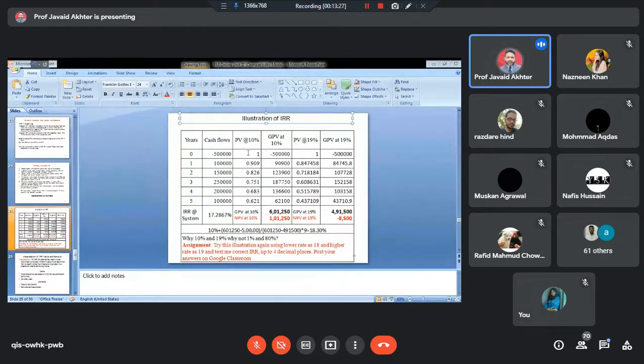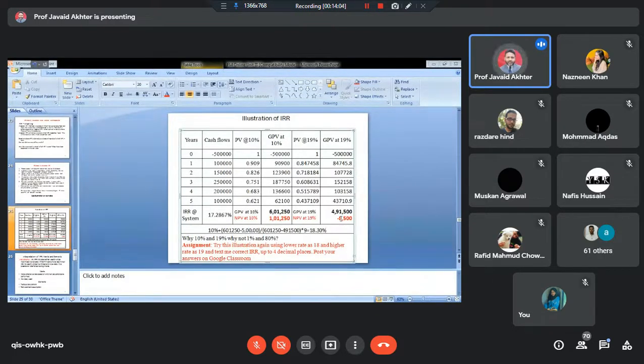Means neither the funds of a shareholder will be eroded in case you are able to borrow money at this rate. This is your maximum discounting rate which you can afford, at which you can afford to borrow money, because at this rate your NPV will be 0. If your cost is less than this, you will get positive NPV, means addition in the shareholders' wealth. And if your cost is more than this, there will be negative NPV. That means erosion in the wealth of shareholder.